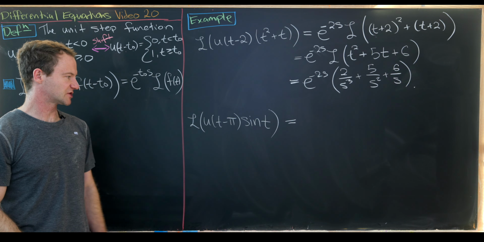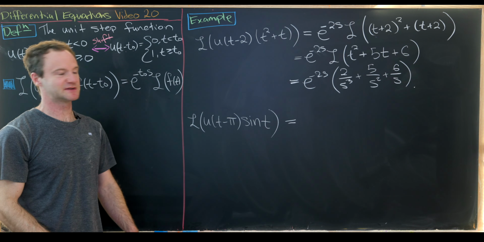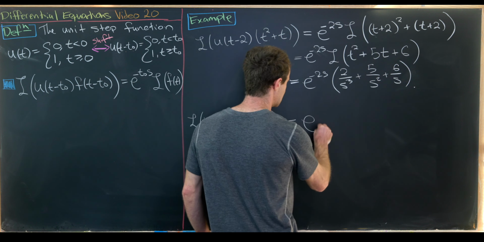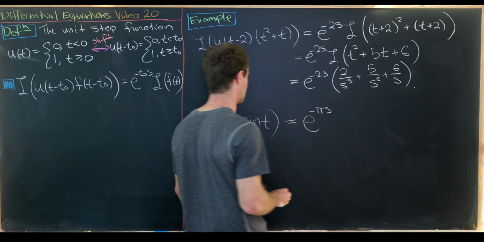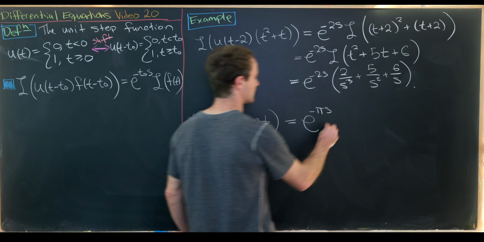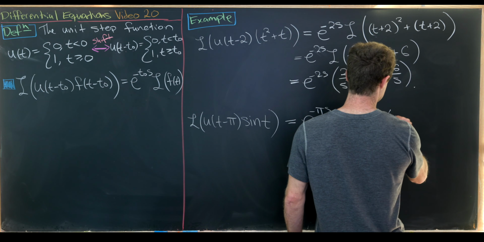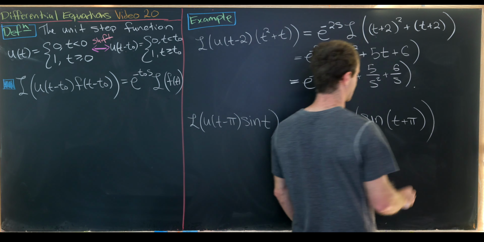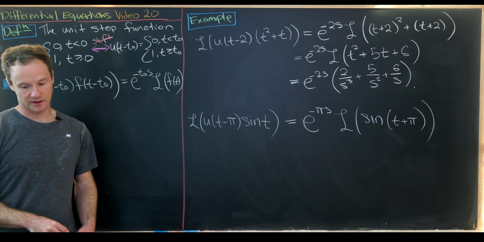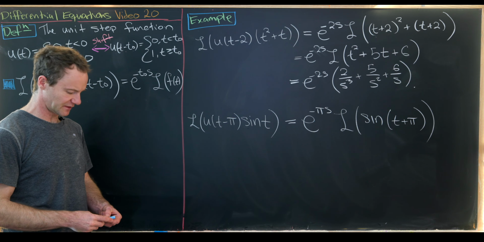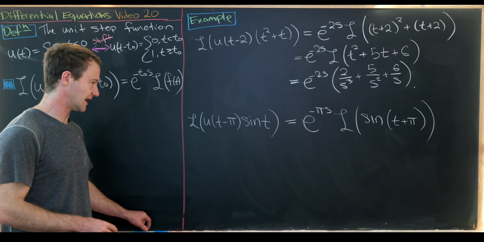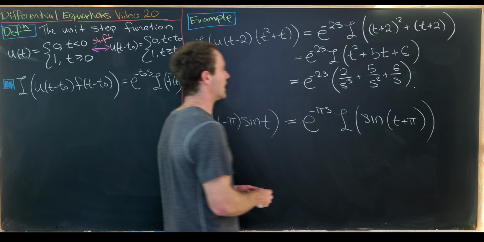So we've got the Laplace transform of u of t minus pi times sine of t. So that's going to be e to the minus pi times s. And then the Laplace transform of sine of t plus pi. So we have something like that going on. But then how can we calculate the Laplace transform of sine of t plus pi? Well, there's actually a